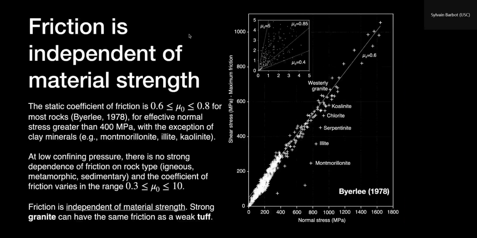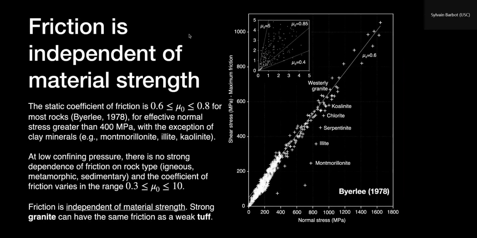So I will start with the simplest and most robust observations about friction that have been summarized by this review paper of Byerlee in 1978 that show that many different types of rocks of all sorts of origin, sedimentary, igneous, metamorphic, end up having the same coefficient of friction. And that is quite surprising at first glance, because